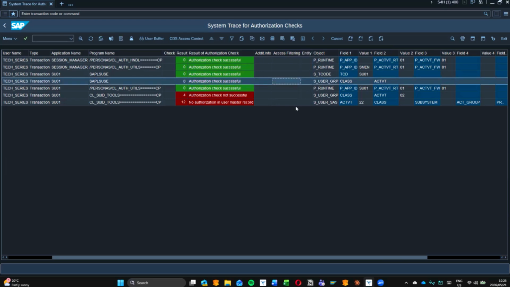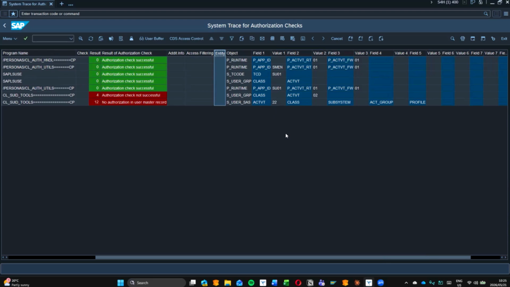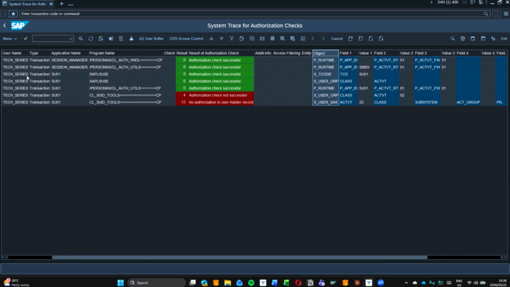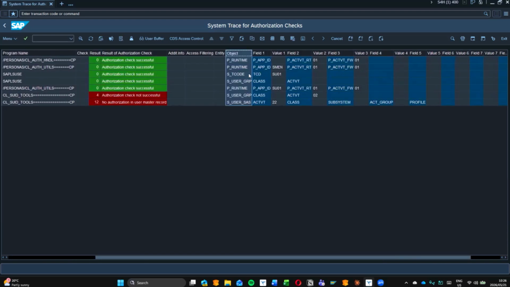We can also dive into the access controls of CDS access checks using the report, which we'll cover in a later technical series document, because I think CDS views warrant their own spotlight as we get into more advanced authorization administration topics. All right, focusing on the example for our tech series user, we can see that the